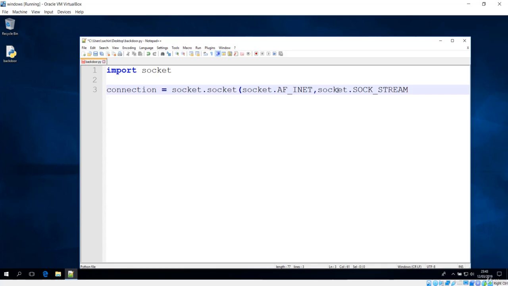Let me first close this one. And what happened here is this is another argument, which is the socket type for a TCP connection, and TCP is the protocol that will be used to transport our messages in the network. So you can see we have the two arguments right over here. One is specifying the IPv4 family, and the other is the socket type, which is SOCK_STREAM, the socket type for TCP, and TCP is the transport protocol that will transport our messages between the network. So that means we now have the connection between this client and the server.